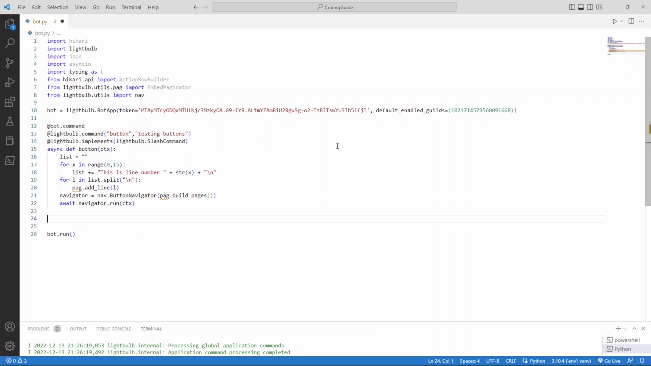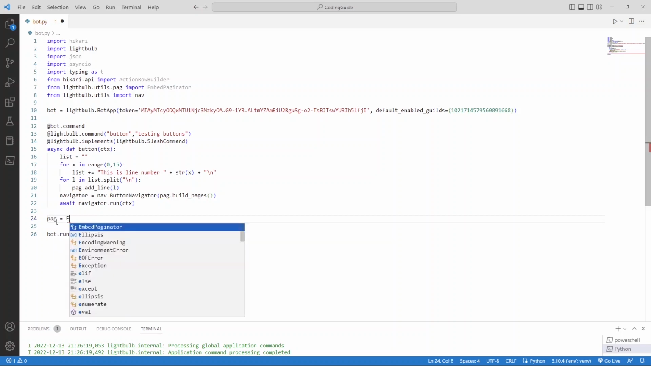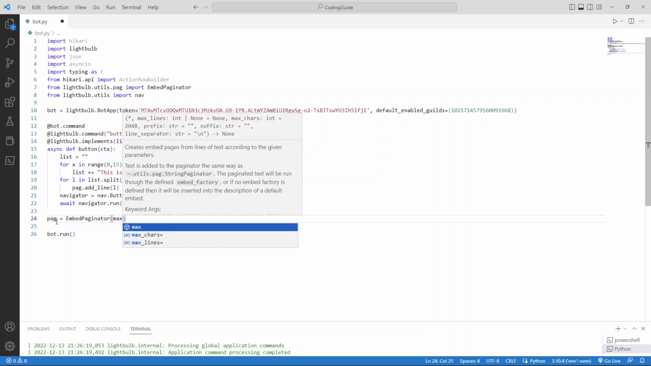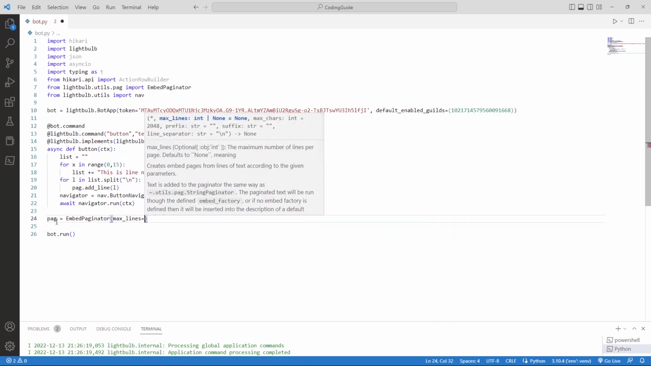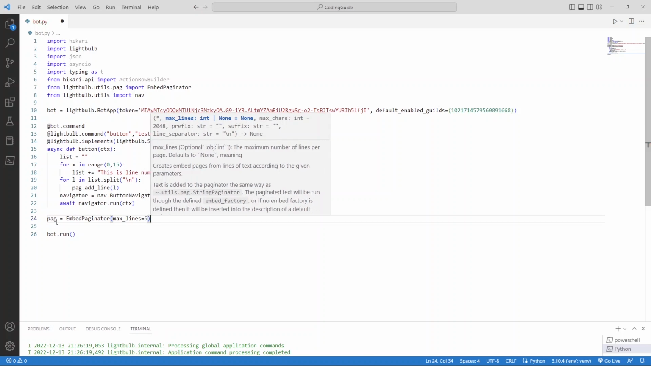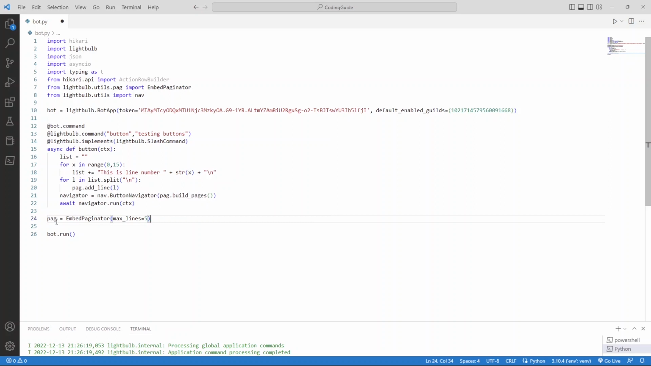Next, let's build our embed with the navigation buttons. So pag equals embed paginator, and then max lines. For the max lines, we can put any number we want, but for now let's put, for example, 5. So in each page there will be a maximum number of 5 lines, and then add